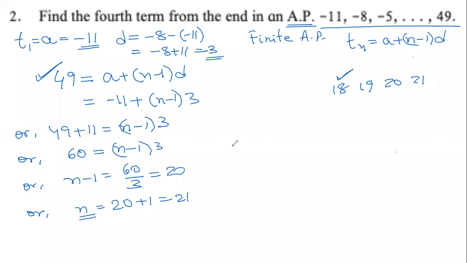एक और गलती यहाँ पे बच्चे करते हैं. वो क्या करते हैं? They find the 21, then they do fourth from last. So 21 minus 4 equals to 17. फिर T17 पता करते हैं. You tell me, is it right? If the last term is 21st term, that fourth from last is not the 17th term, it is the 18th term. Please confirm that this is clear. It is actually 21 minus 4 plus 1.